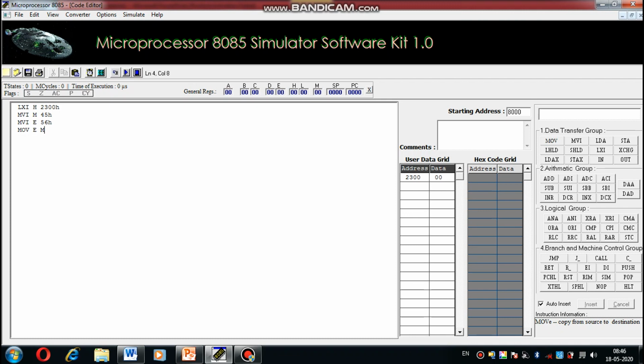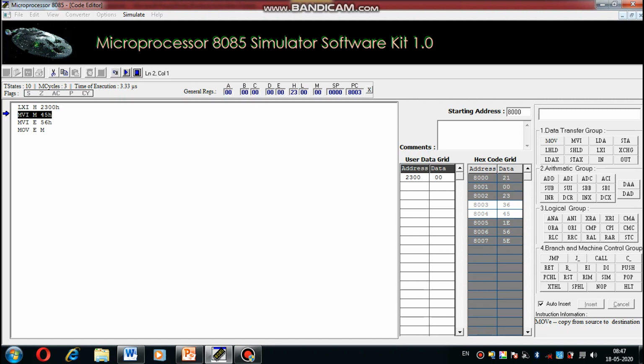HL is initialized with 2300H, and M has content 45H, that is, memory location 2300H has content 45H data, and the E register has content 56H data. Then execute this step by step. Firstly, I executed the LXI H, 2300H instruction.